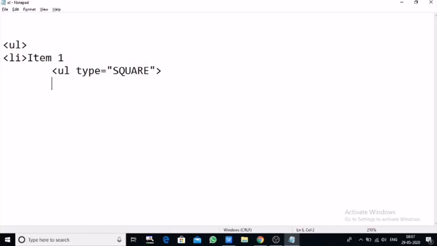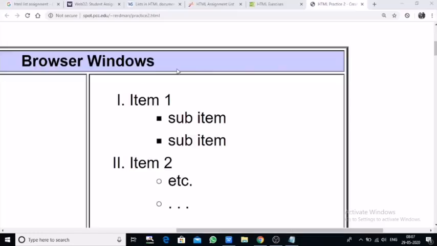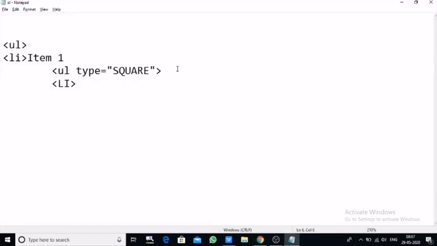Then come here, write li sub item, and sub item 2.